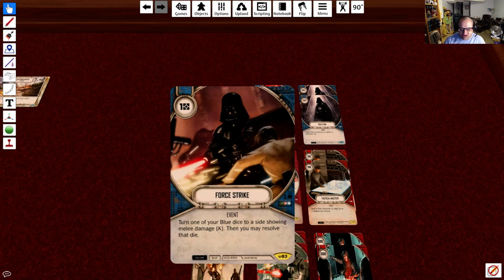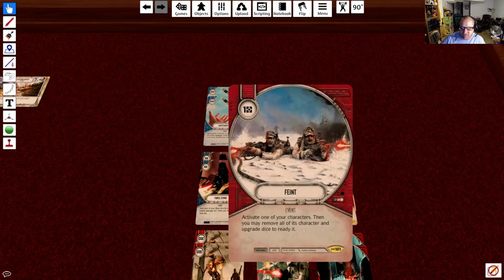We have 2 Force Strike, 1 resource: turn 1 of your blue dice to a side showing melee damage, then you may resolve that die. So if Vader rolls a blank, we can pay a resource, flip it to his 3 damage side, and then resolve that 3 damage. We have 2 Fate, so